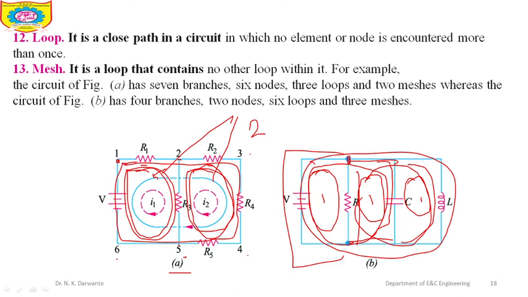The third loop uses the entire circuit, but in this loop there are two other loops, therefore this loop cannot be called a mesh. Therefore only two meshes are there in the first figure. If we go here also, of these, 1 2 3, three loops are there, but the other loops contain other loops. A loop that contains a loop is not a mesh, therefore only three meshes are there in the second figure. Okay, I hope all of you have understood the difference between loop and mesh. Again, if you have any doubt, you can ask me personally also.